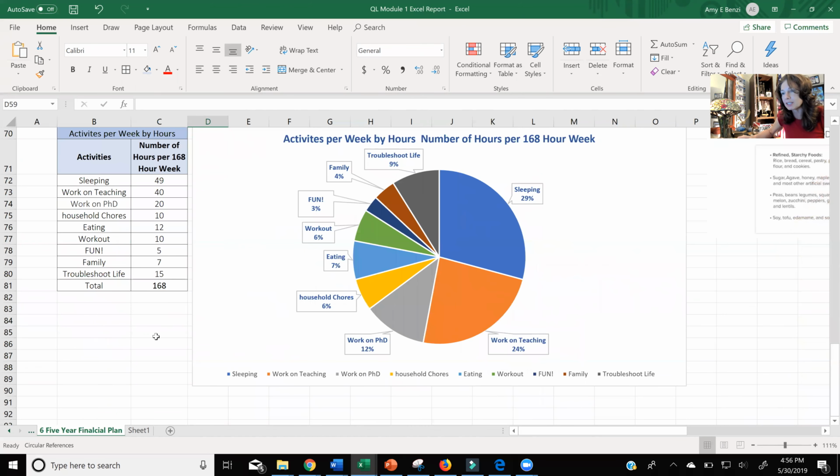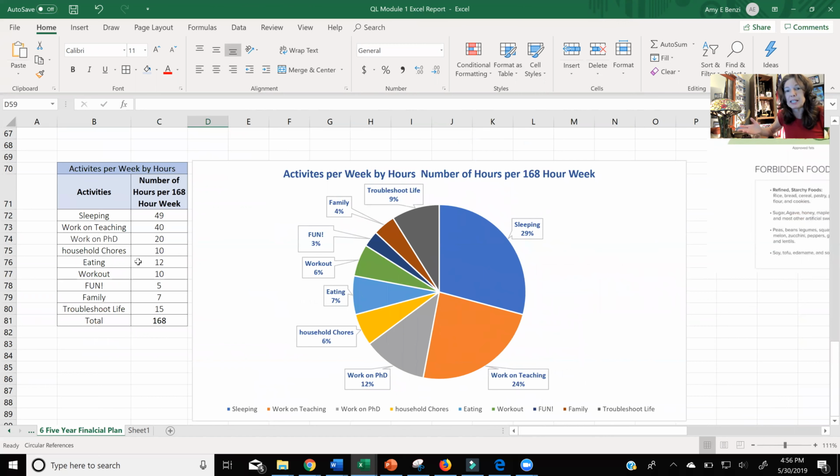And then time management, you guys can Google some people that you think are successful or some people you like, what they've done, and see how they manage their time. This is my time management chart. I have my hours. I did it again per week because, again, I don't do the same thing every single day. So for me, it was more regular to do it on a weekly basis. How many hours I sleep, I figure I sleep about an average of 7 hours a night. 7 times 7 was 49. How many hours I spend a week working on my courses, working on my PhD work, household chores. You guys can put your own stuff in there.